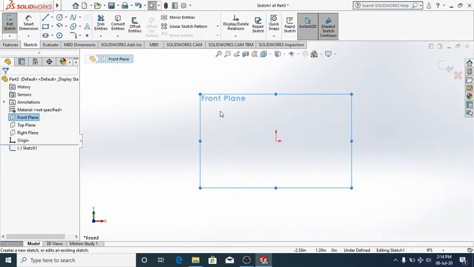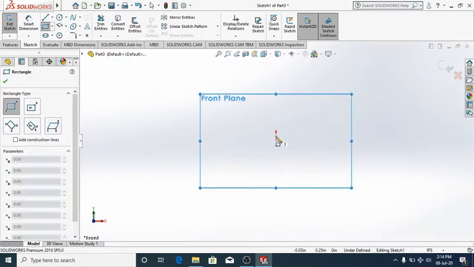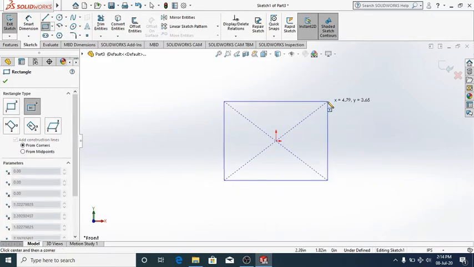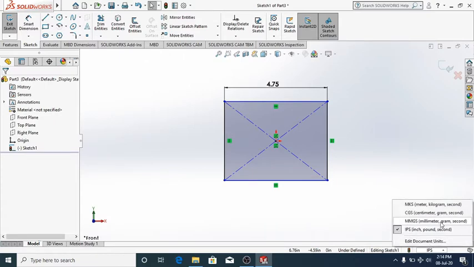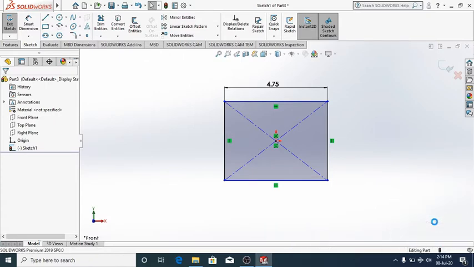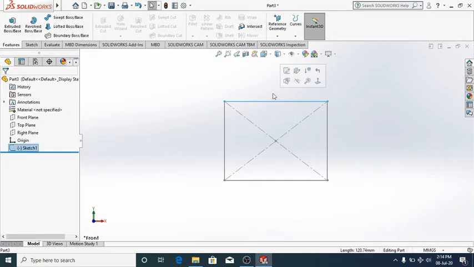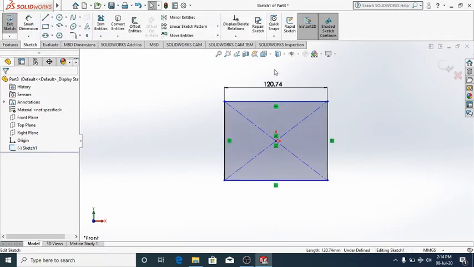So here I'm going to choose the front plane. Let me draw a rectangle. Let me take this one, give a smart dimension. Okay, it's in the IPS format. Let me change it to millimeter, gram, second. Okay, left click, sketch back.